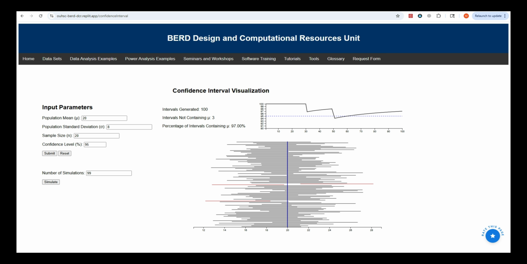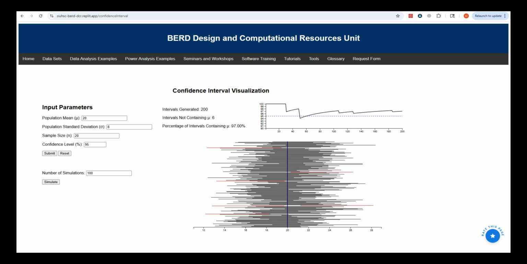parameter of interest. At the top of this tool, it keeps track of the intervals that have been generated, tells me how many of them did not contain mu, and then calculates a percentage of the intervals that captured the true parameter of interest. In the top right, we have a plot that shows me over the samples that have been taken what that coverage probability is, and we will expect that it converges to the 95% confidence we specified for these intervals. Now, this helps us understand what we mean when we say we're 95% confident that this interval captures the true parameter of interest.